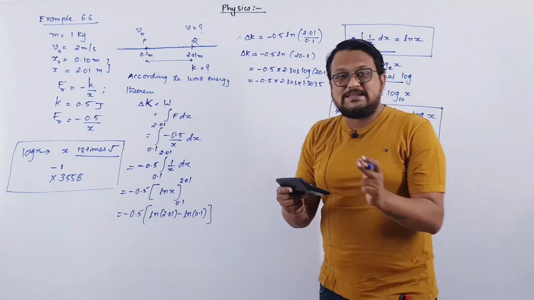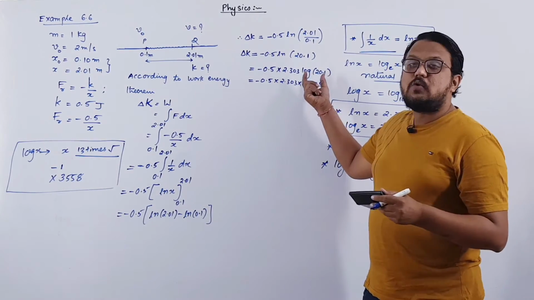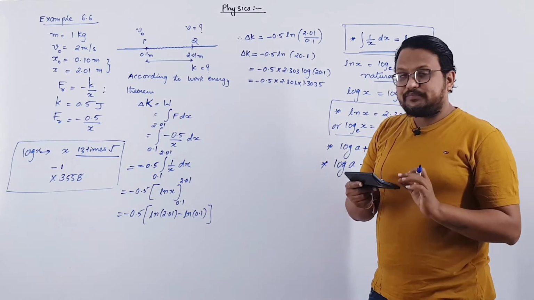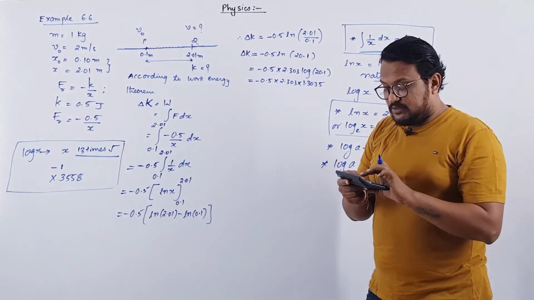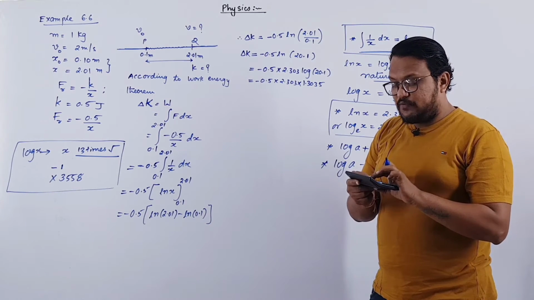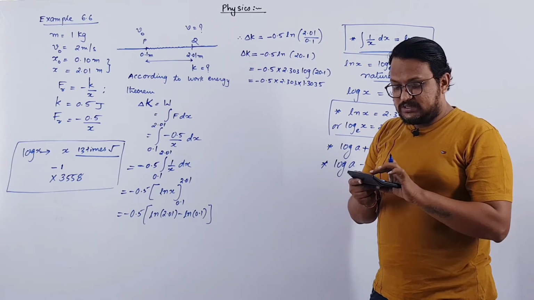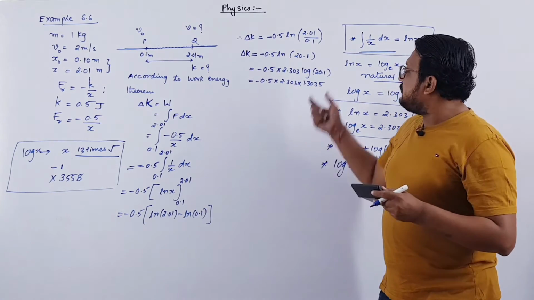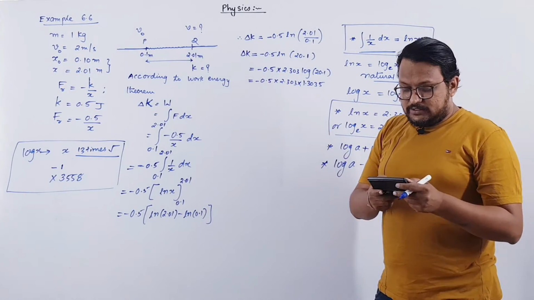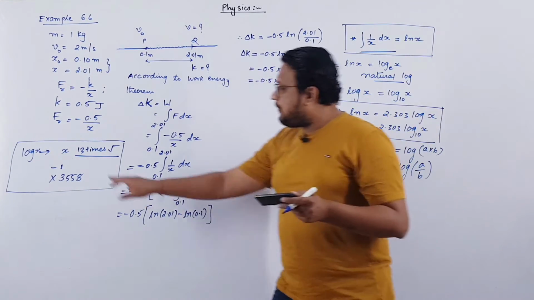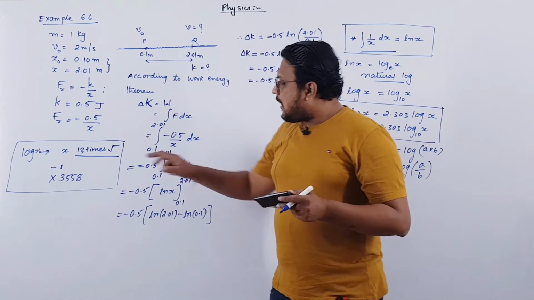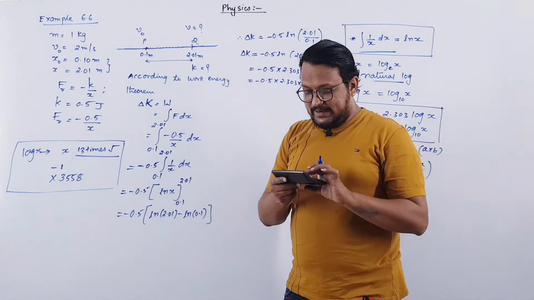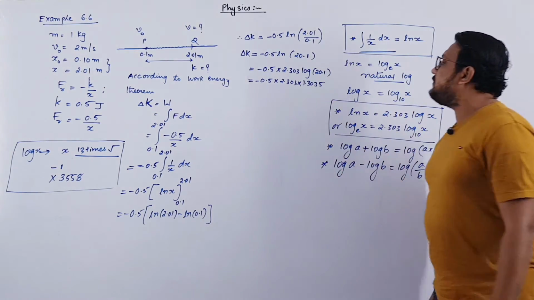Again we will repeat the same thing. You have to write the value for which you want to find log. We want to find log of 20.1, so let us write 20.1. Then you have to press root 13 times. After pressing root 13 times, whatever answer you get, you have to minus 1 from that. Then after subtracting 1, you have to multiply it by 3558. So your answer will be 1.3035.